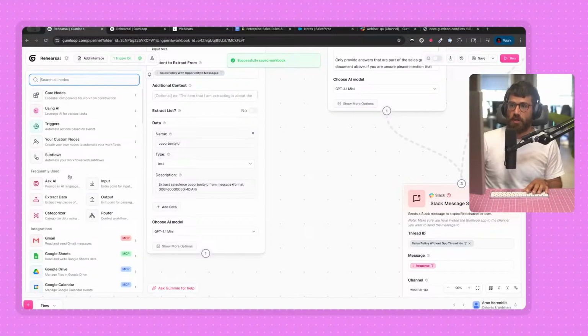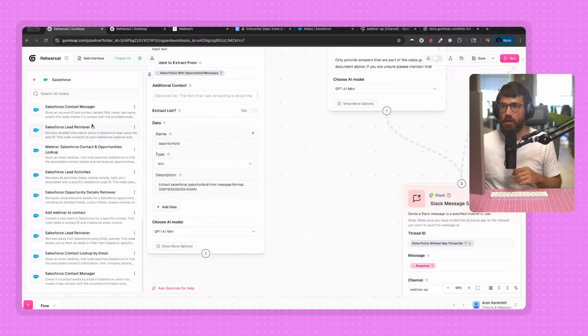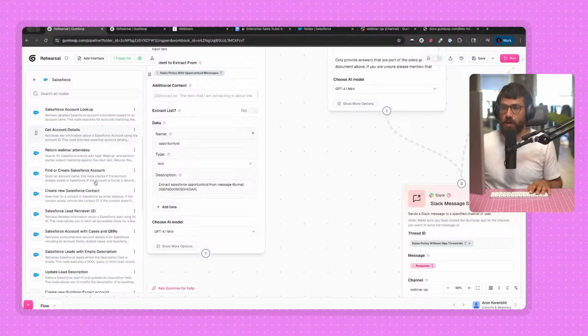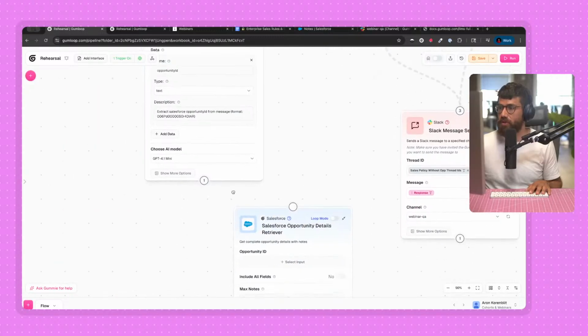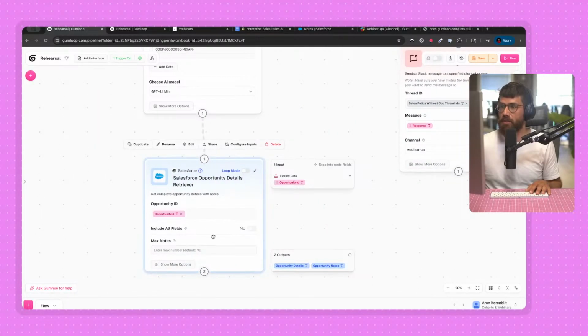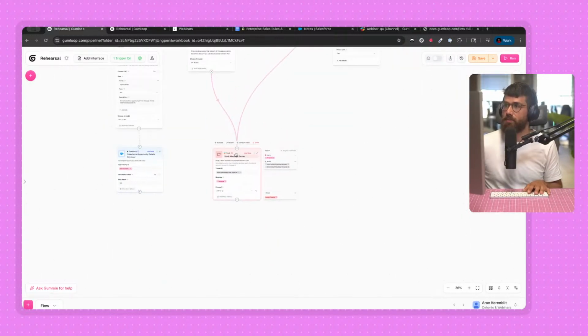Now, before we started this webinar, I created this little Salesforce MCP node, which I called Salesforce Opportunity Details Retriever. What this does, it takes an opportunity ID and returns all details and all notes in one big blob. Let's put 100 notes. And now, just like before,